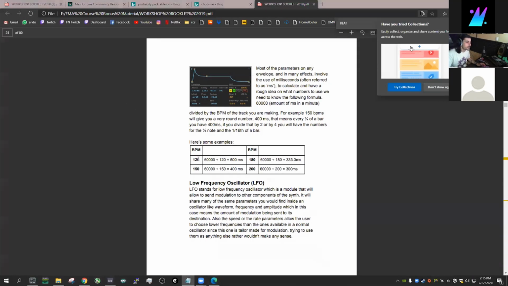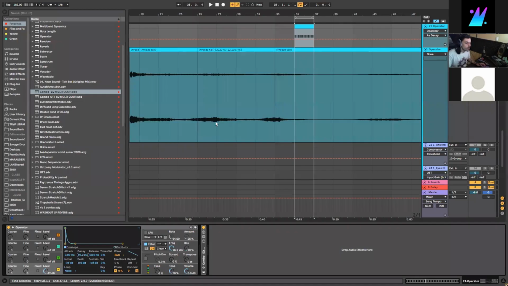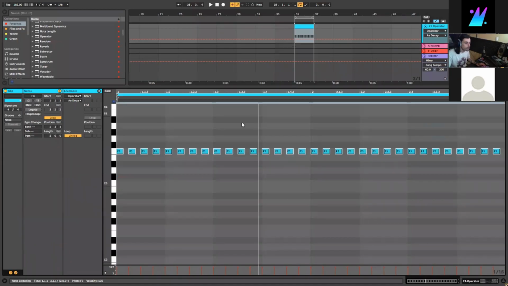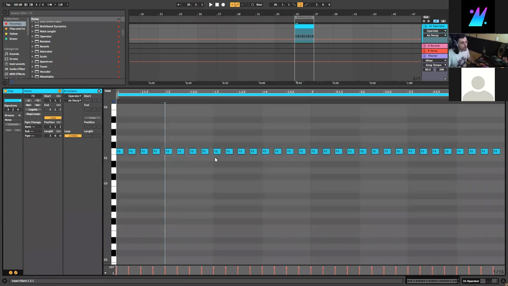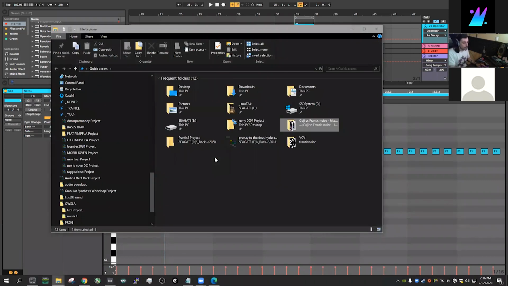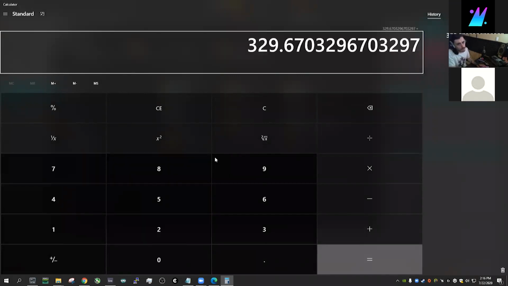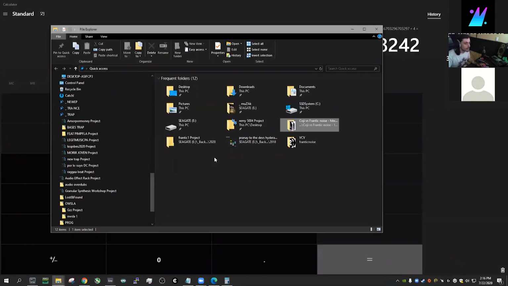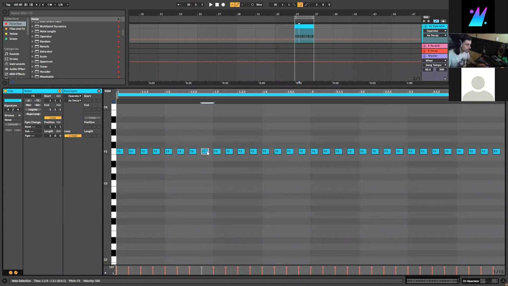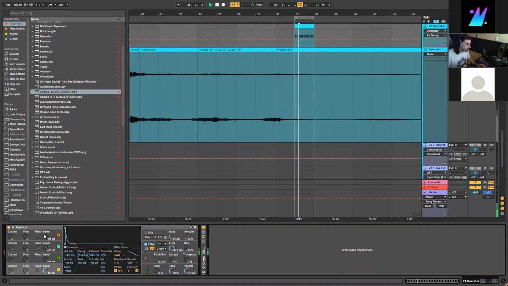You need to know how many milliseconds there are in a note, no? Depending on the length of the note, in this case 1/16. So we need to do, for example, 60,000 divided by the BPM of the track, which is 182, and that is the milliseconds in a quarter note. But if we divide that by 4, we get 82, the number of milliseconds in a 16th note. So that will give you a rough idea of how many milliseconds you need to use